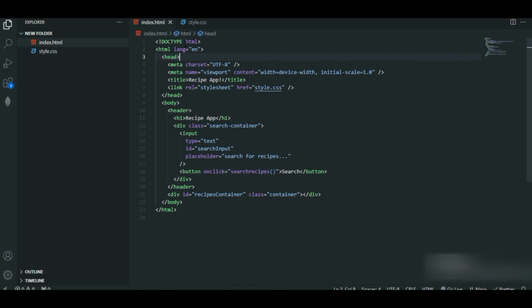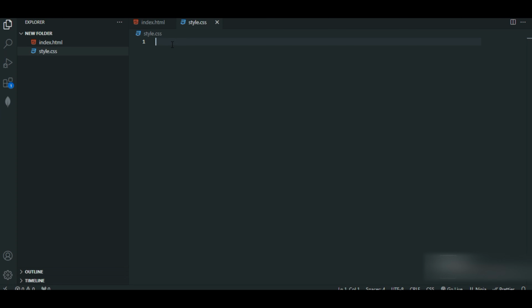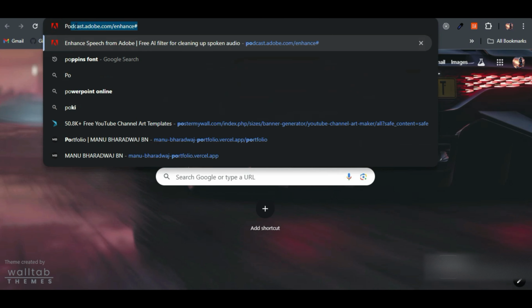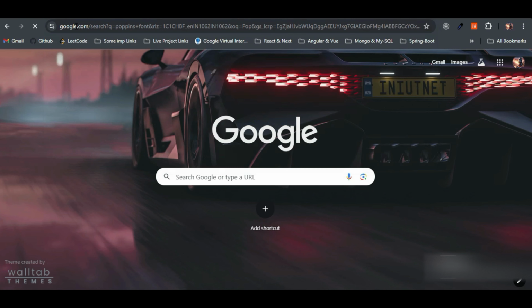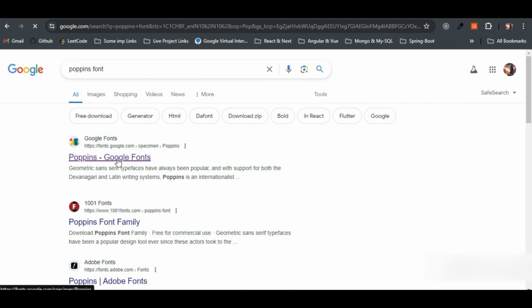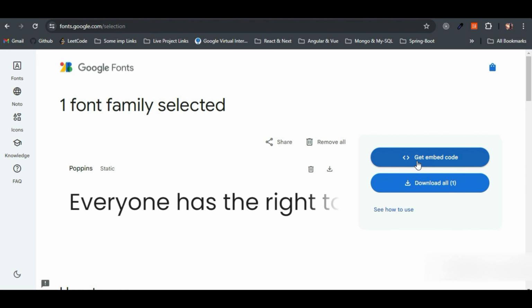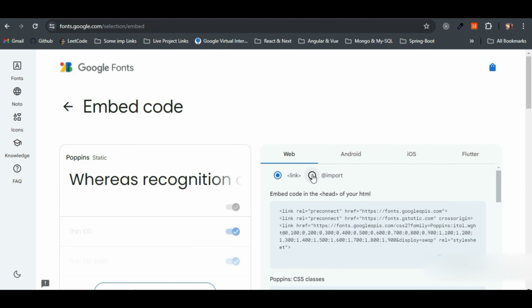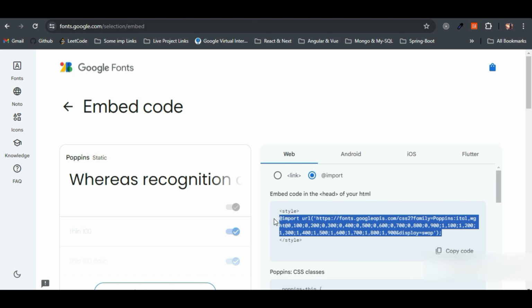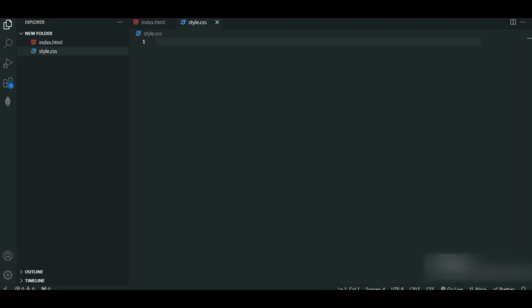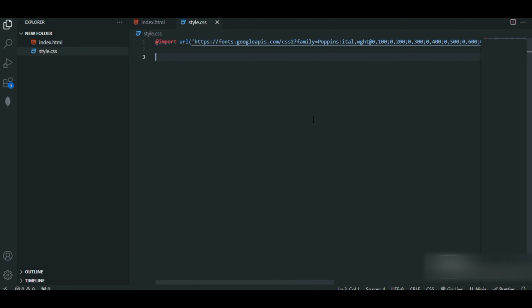Now let's start writing the CSS. So initially, I want to make use of the Poppins font. So I'll just go here. I'll search for Poppins font. Get font, get embed code, import. I'll just copy this one, right? I'll just copy this one and I'll paste it over here. So next,